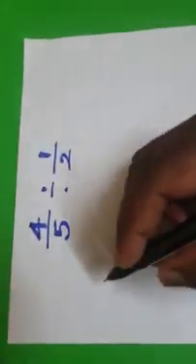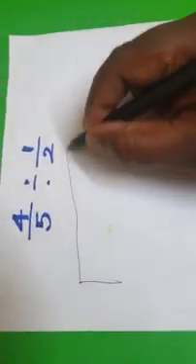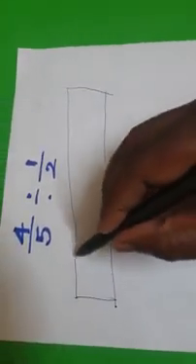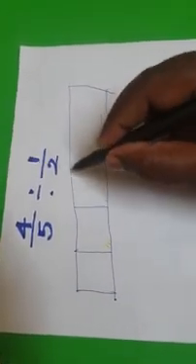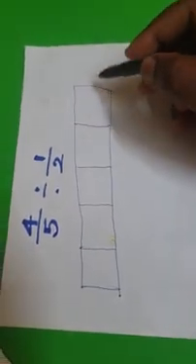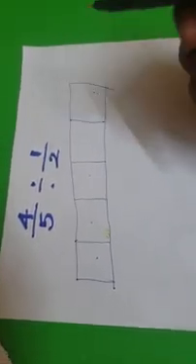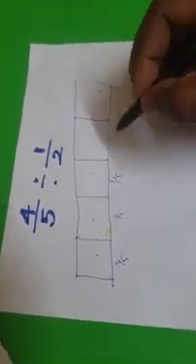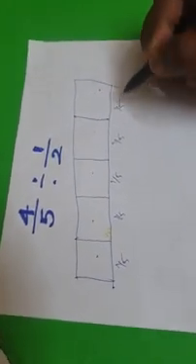So how could you proceed with that activity? We are going to discuss it. Take a paper and divide it into 5 equal parts: 1, 2, 3, 4 and 5. So each one will be 1 by 5, 1 by 5, 1 by 5, 1 by 5.